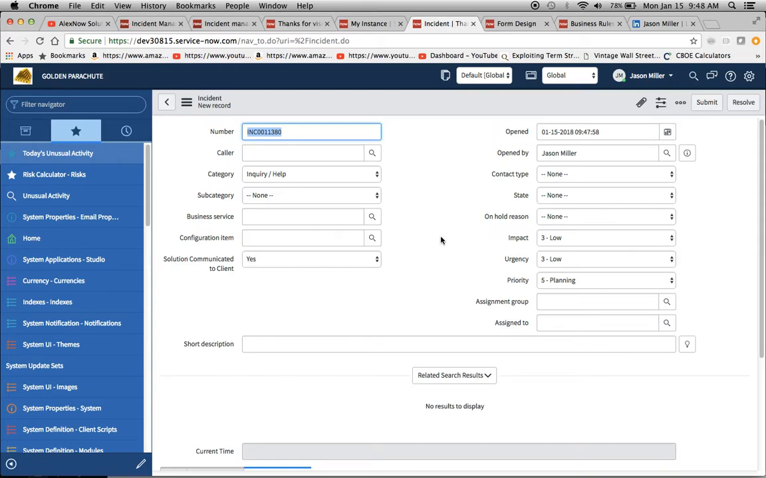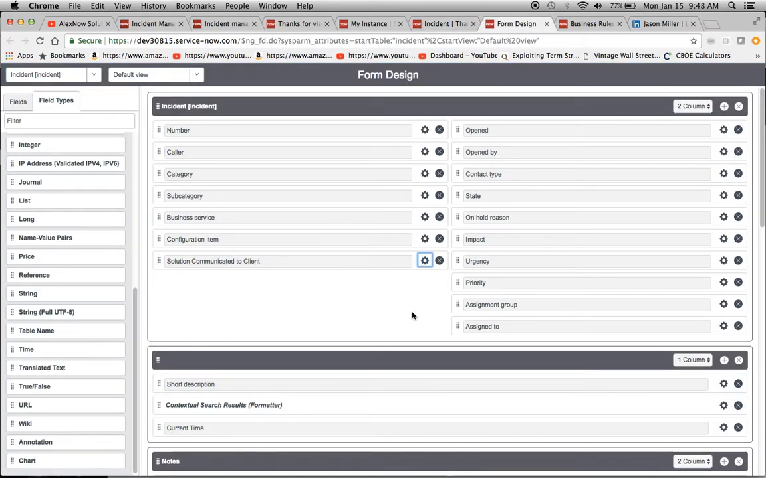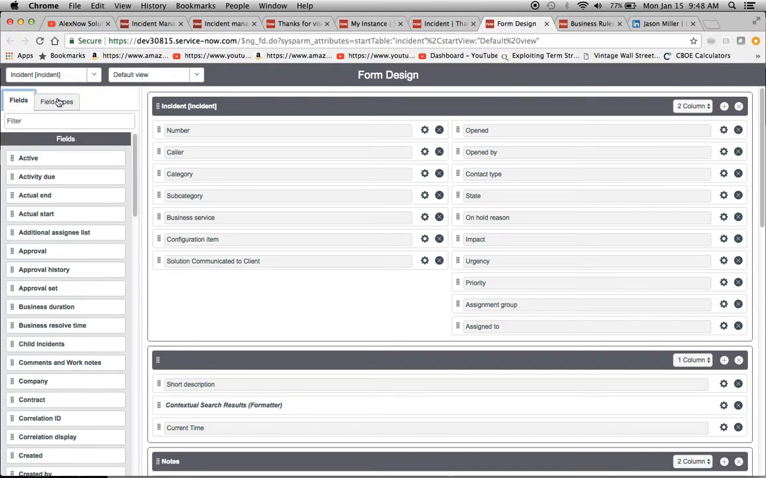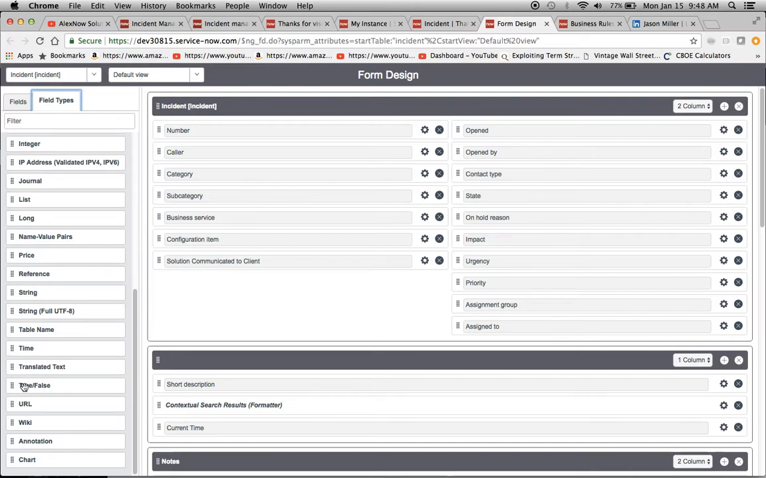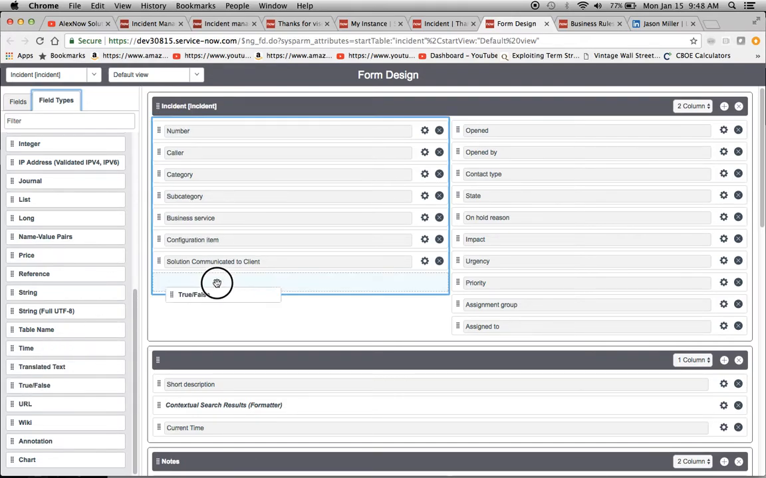So if we wanted to add a field to our form, let's go ahead and try adding one. I tried adding one a couple of different ways before. I just want to see if we can do a true false here as a field type. And notice that we have our fields and then we have our field types. So I'm just going to focus in on a field type, drag it over here,